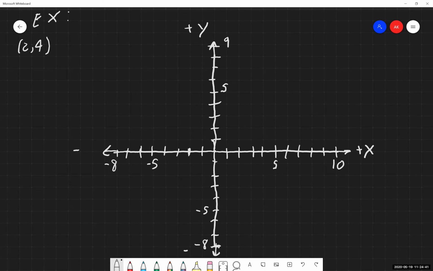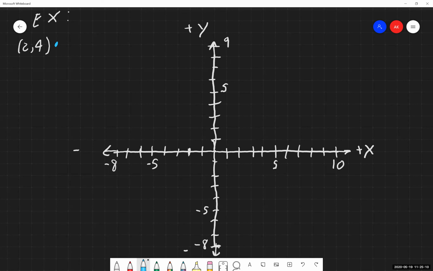All right. So getting back to our main part that we're doing with this, we are plotting the points. We have, starting with our point 2, 4, 3 others after that, but we'll get to those here in a second. So I'm going to do 2, 4 in blue. So our process for doing this, we are starting at the origin. Our x value is 2, our y value is 4.